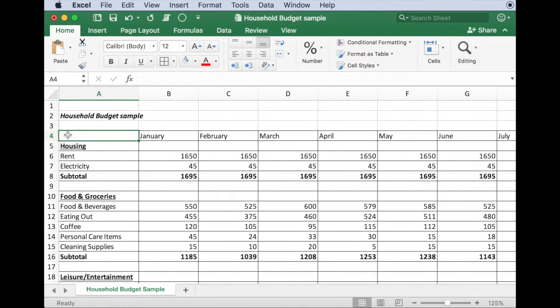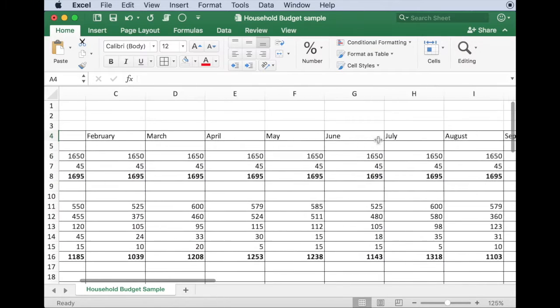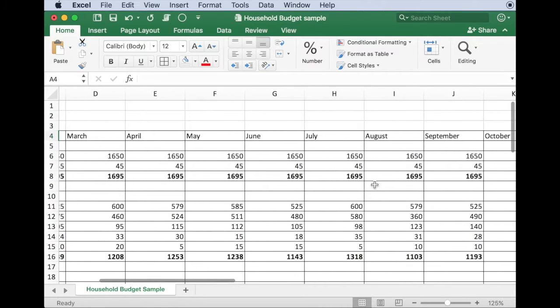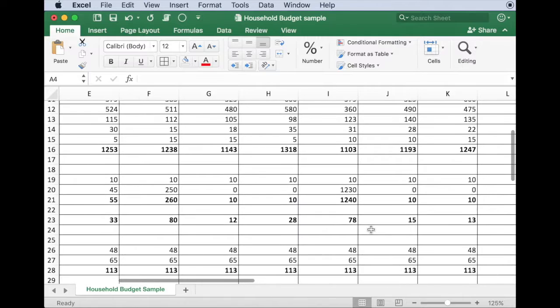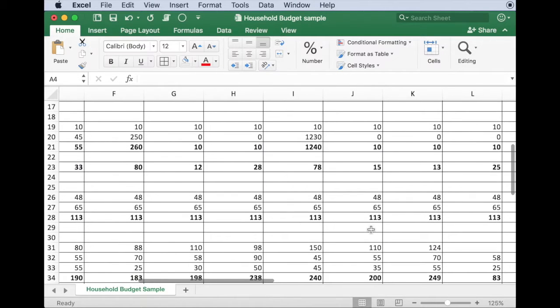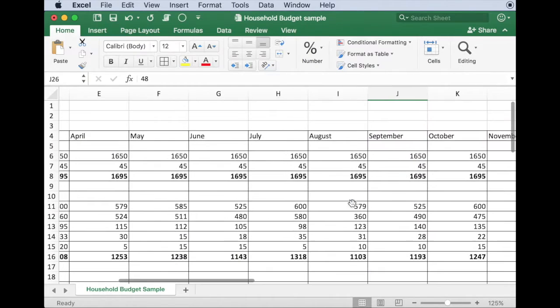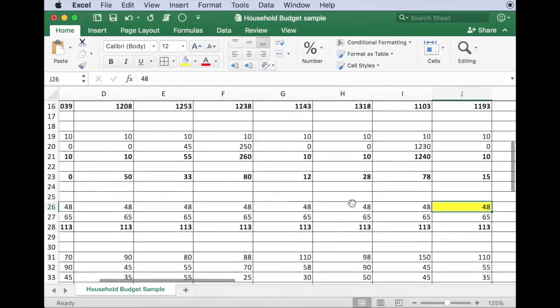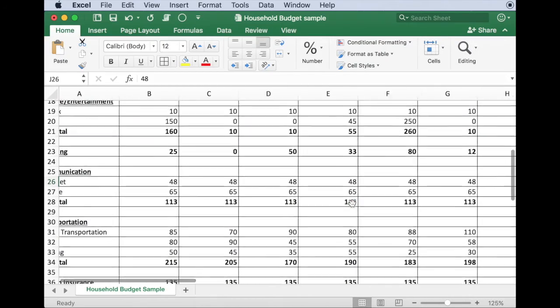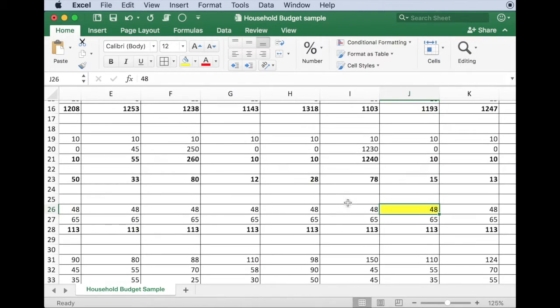Now the problem we have when we scroll through the Excel sheet without freezing panes is that we lose sight of what cost and month a specific number or cell refers to. For example, here we have the value $48. Right now we don't know what this value refers to. So instead of scrolling up and across to figure out what this number represents, we can make it easier by